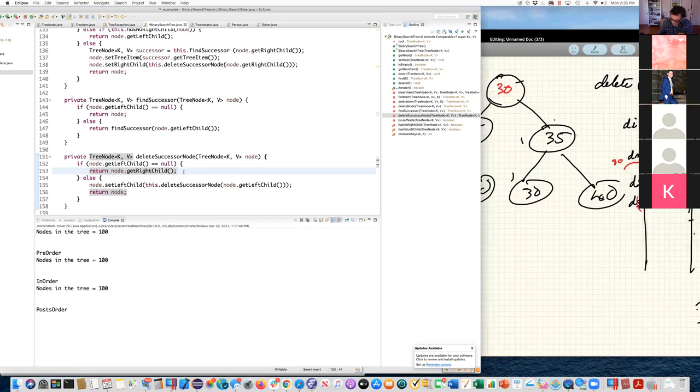That returns a null, which basically sets the left child to be null. So that basically removes this node out of the equation, okay? And then that basically sets the tree up in the way that we want it to be set up, okay? So these are the methods for deleting and adding and finding nodes in a tree